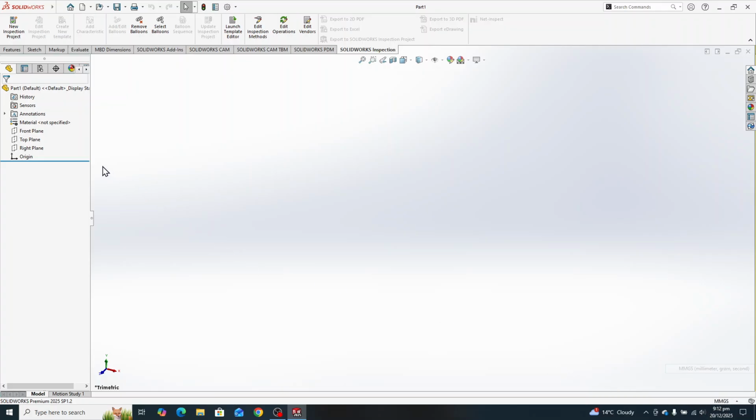First of all, you will see here in the feature manager design tree, some options are visible. You will see front plane, top plane, right plane. These are the three planes in which we will design and draw whatever we are going to design and draw in SolidWorks. So you don't have to be worried about these tabs or tools available here. Okay, this is the home tab,